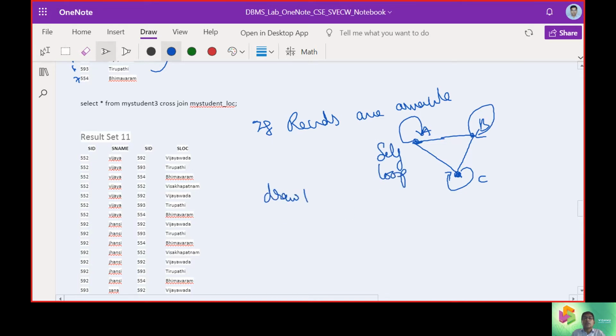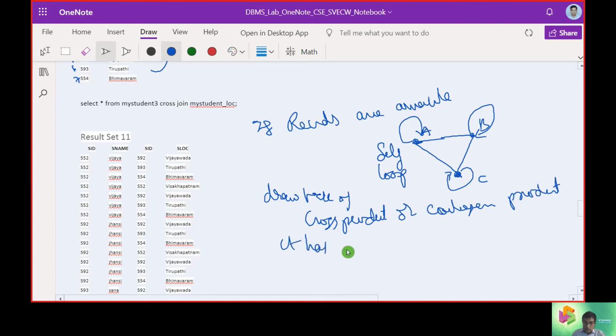So the drawback of cross product, or Cartesian product, was that it has self join, or it leads to self loop.